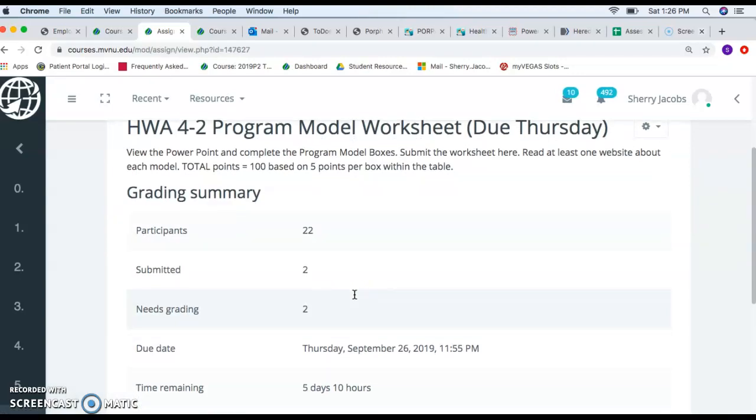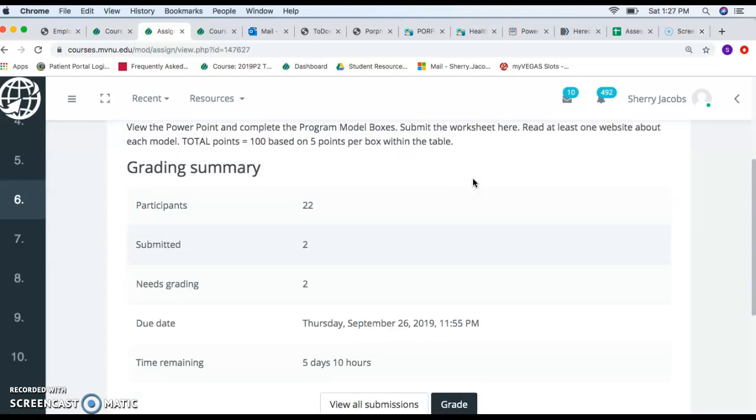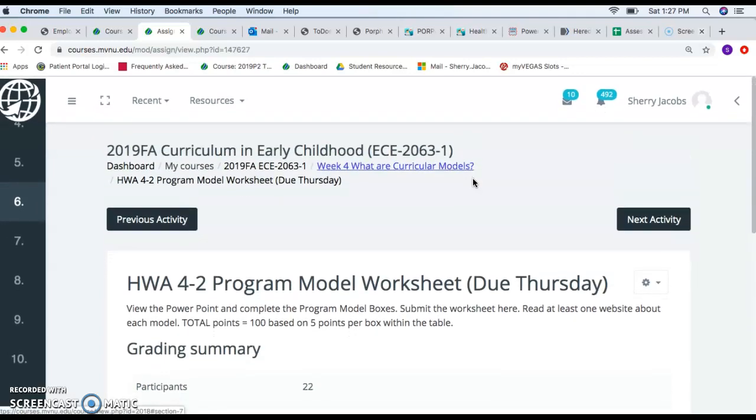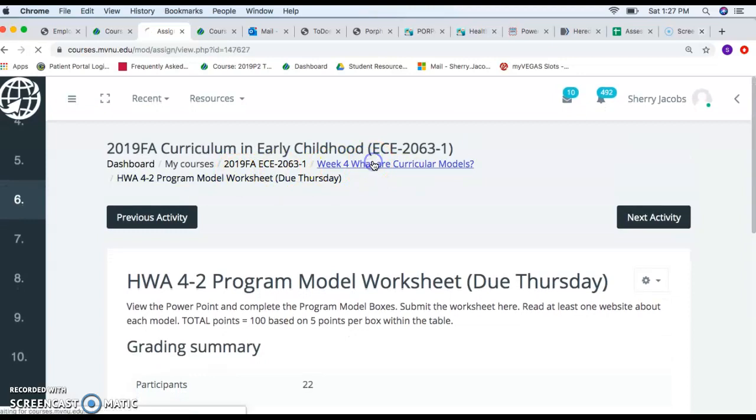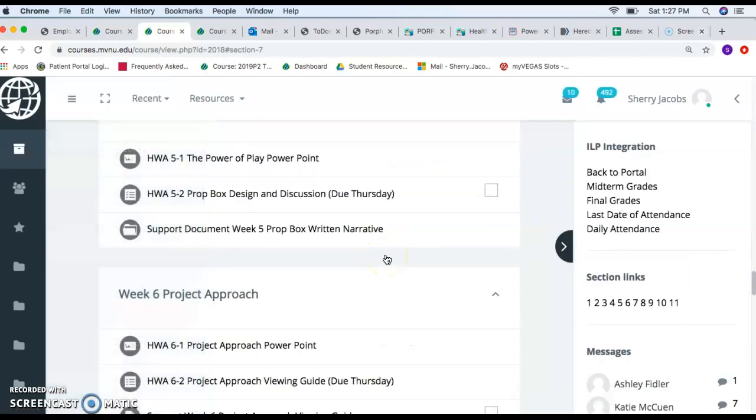It's worth 100 points, 5 points per box within the table. And this, as it says, you need to read at least one website about each model. Actually, I see here that a couple of people have already gotten that done. So that's great.